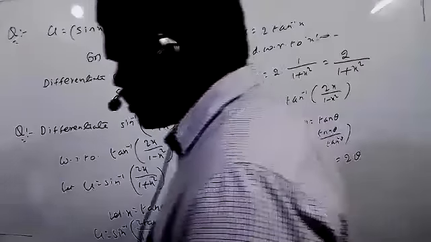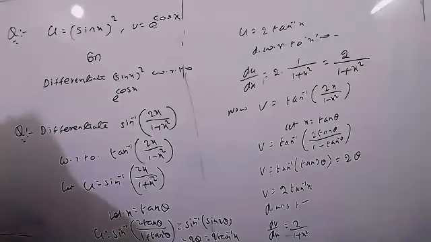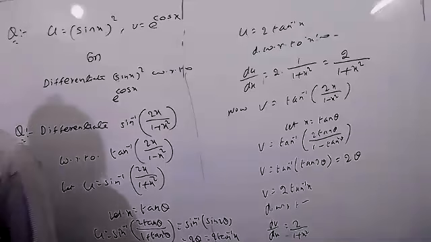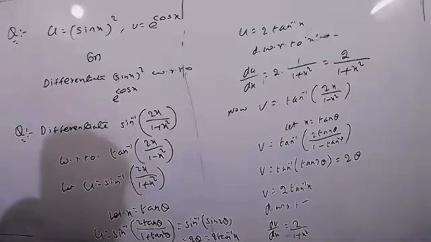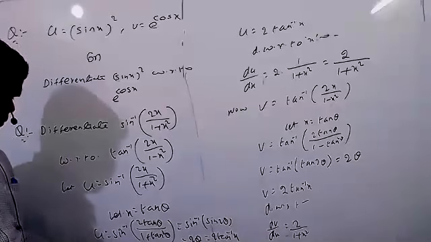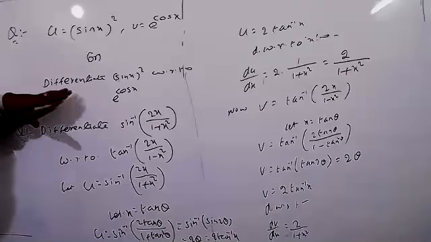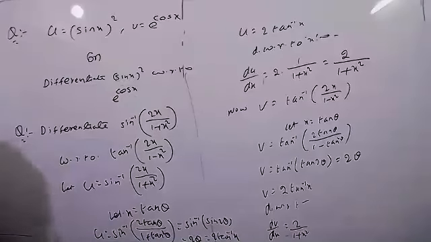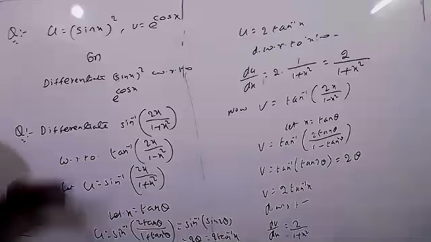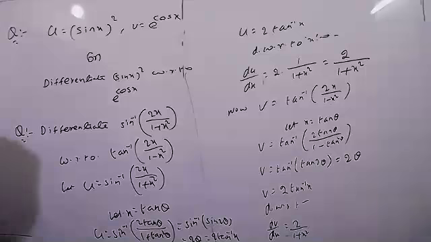So du by dv equal to what do you get? Tell me now. 1 is correct? Yes, sir. Du by dv equal to 1 because both are the same. That's all. No need to get any confusion if they give it like this, differentiate this one with respect to that. Whatever two functions they give, you can take them separately and follow the parametric form. Based on the given parameter, you can differentiate and find it.